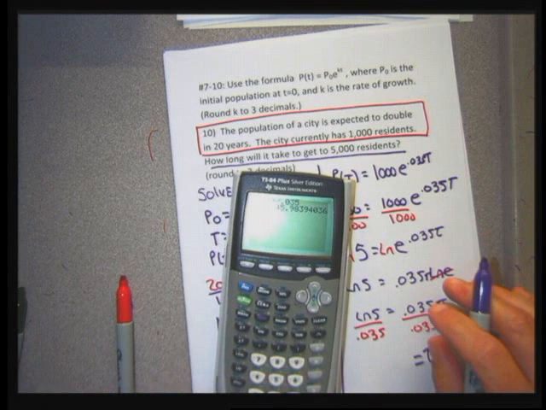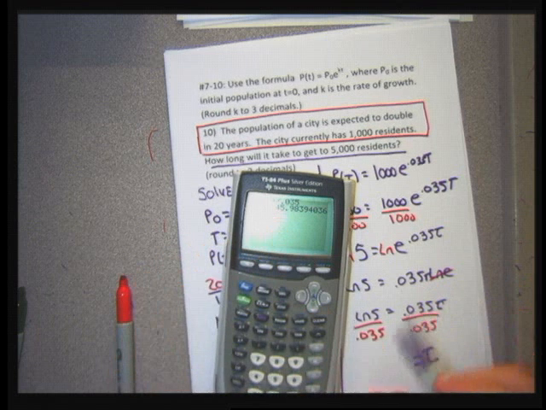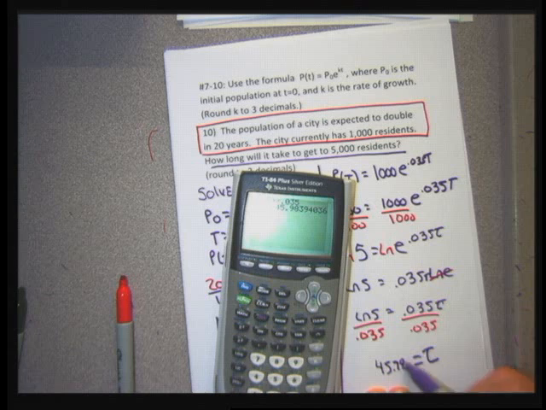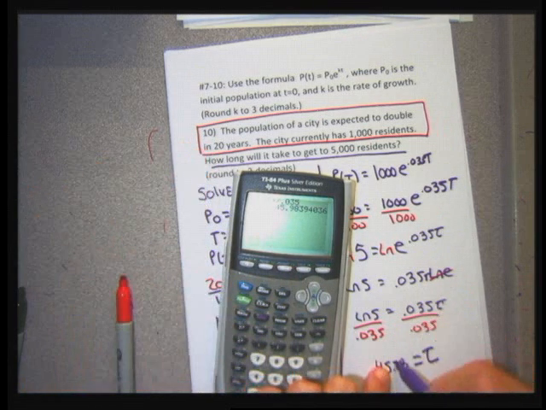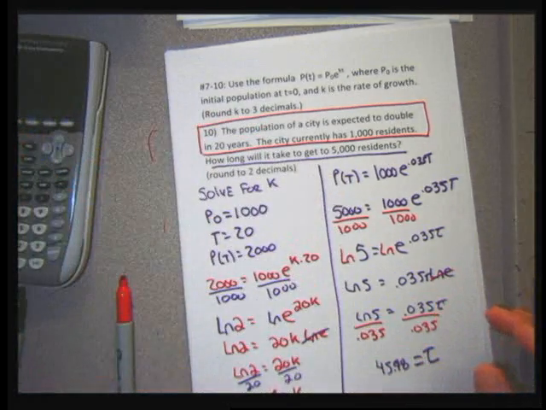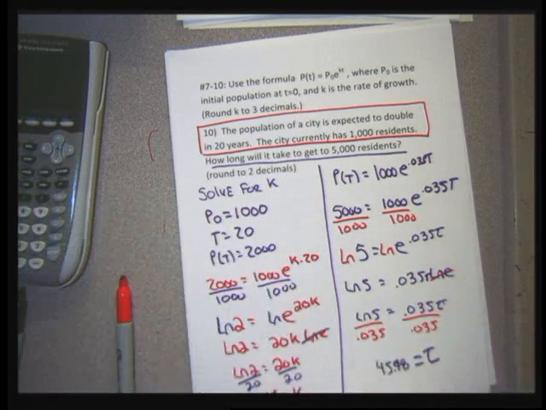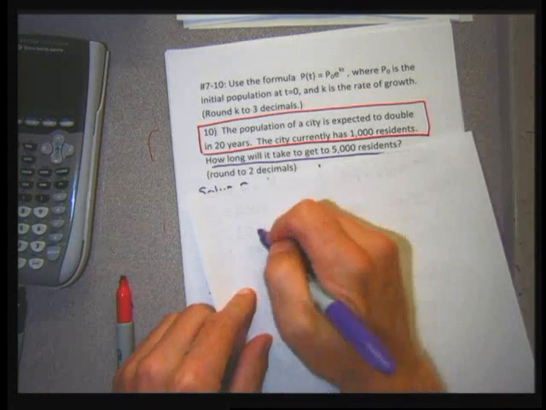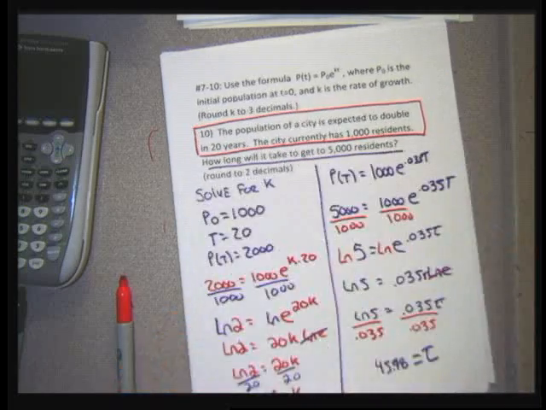And that gives me, it says round to 2 decimals now, 45.98. And the population is growing at a yearly rate, I think. Yeah, because the years. So it's 45.98 years. So it's going to take this city 45.98 years to get to 5,000 residents, because it's only growing at 3.5% per year. So the answer to number 10 is going to be